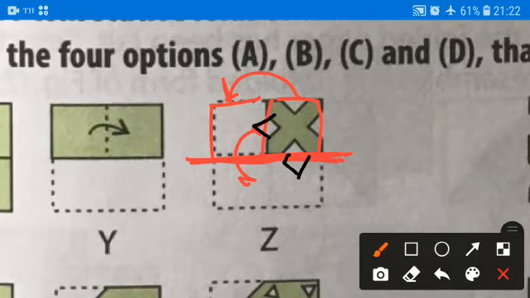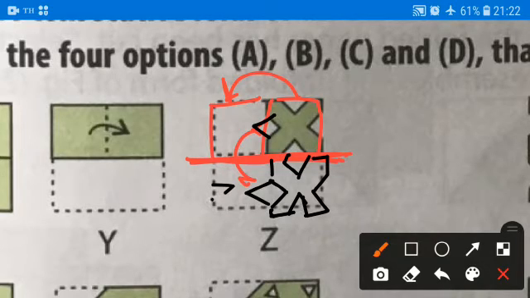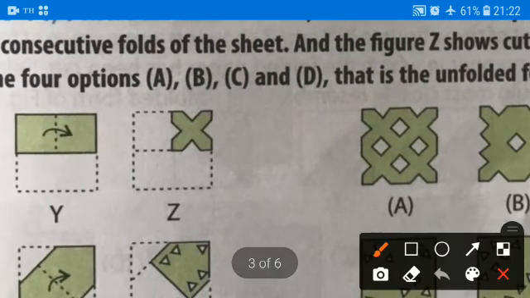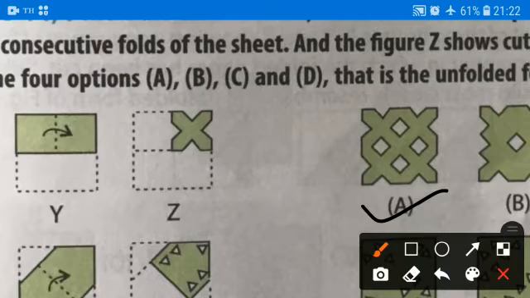Like this. Something like this. And better if we check the correct one, that is this option A. You can check.